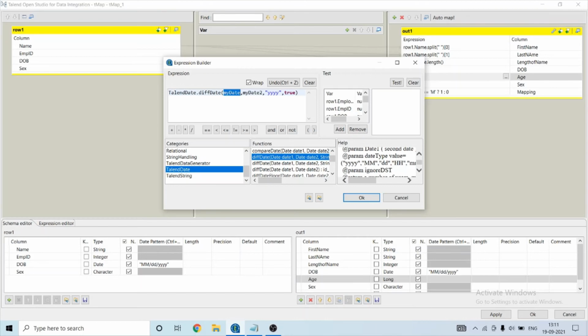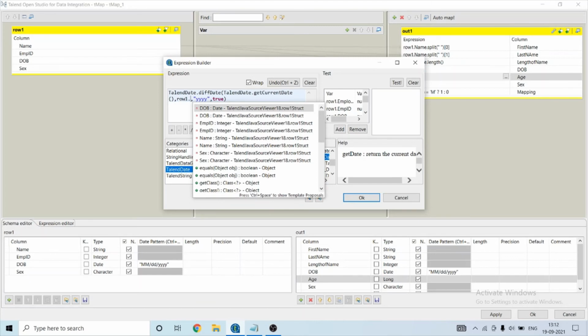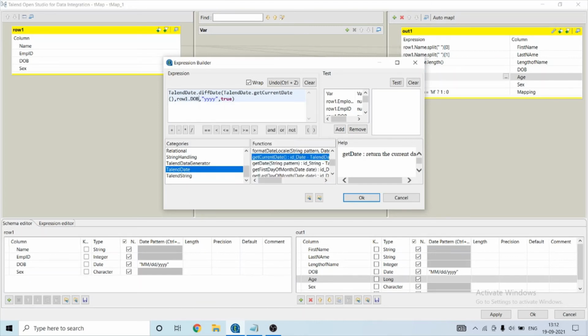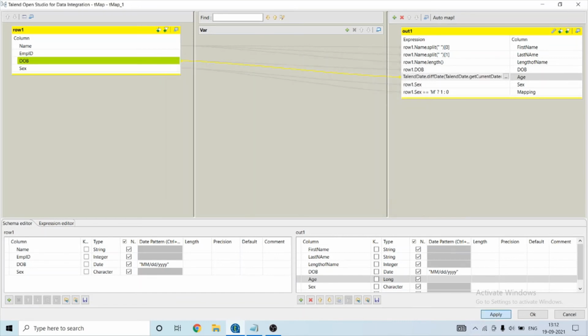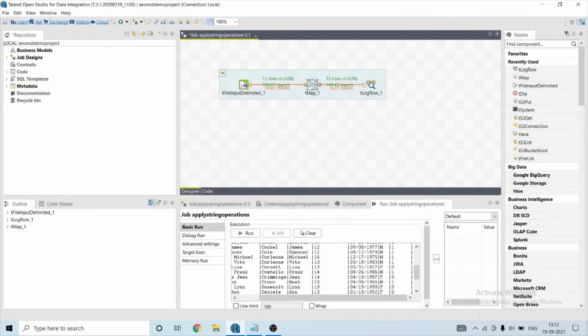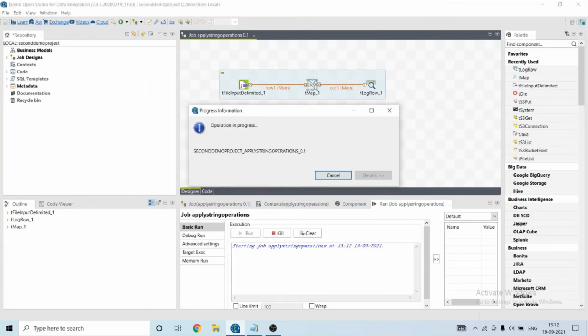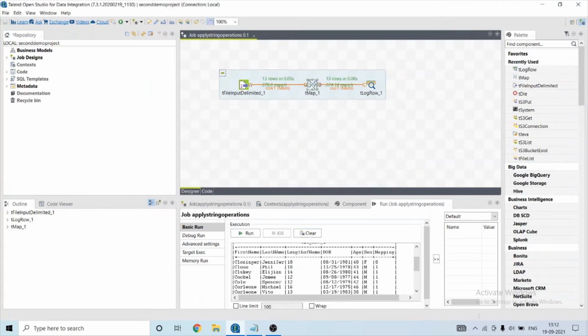I will use the current date, so I will use this component to return the current date and my date of birth. So far so good. Let's click on apply and click on OK and run the job. Yeah, it has printed the age.